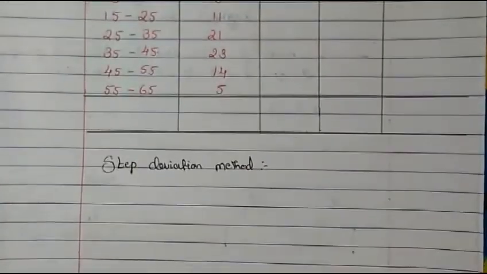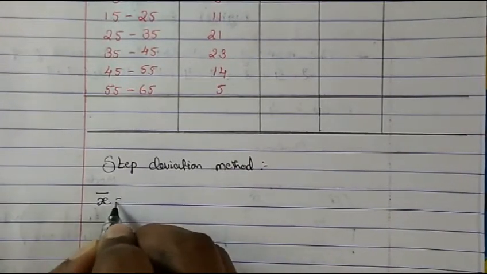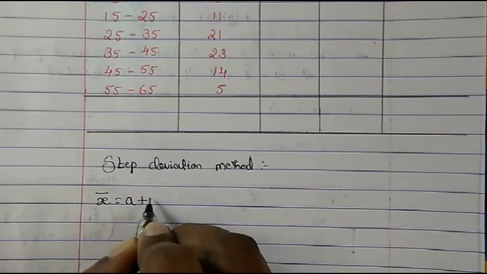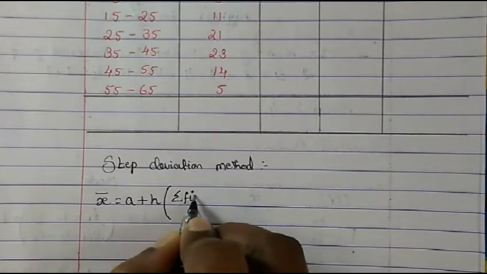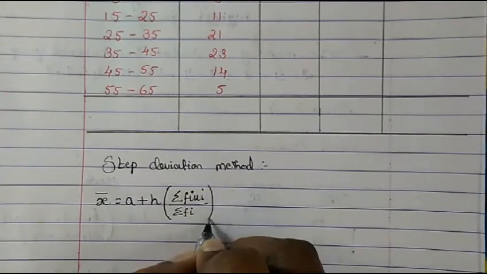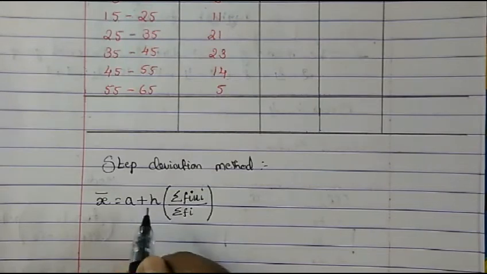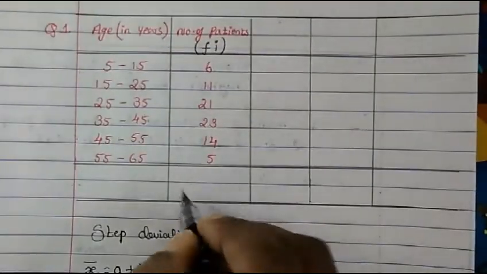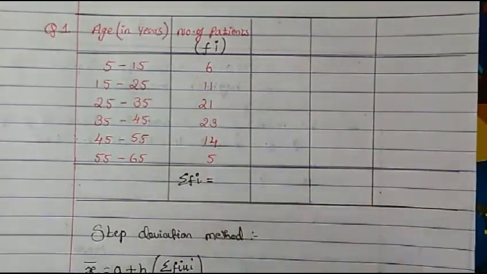Formula is x bar equal to a plus h times summation of fi ui divided by summation of fi. So now we have to find out a value, h, and ui. We have here summation of fi, so the total of this